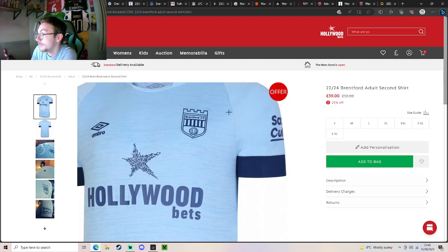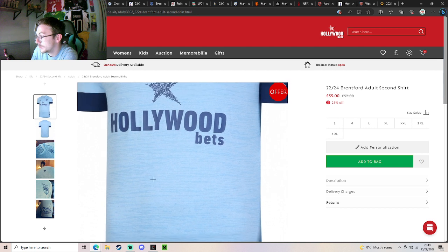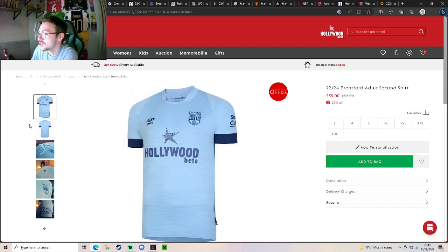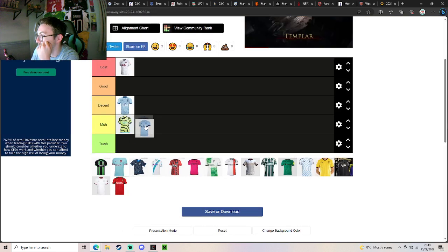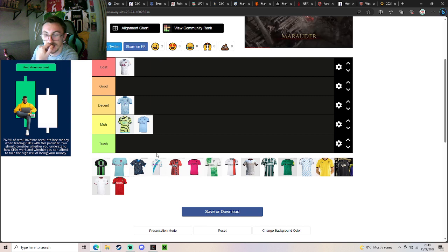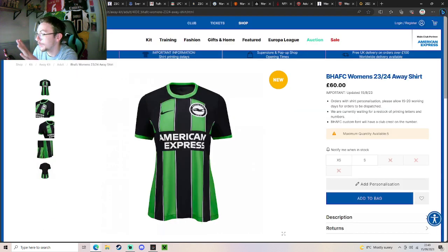So yeah, maybe even four, potentially. I do like the little patterns here, they're nice, but yeah, it's just not got something for me that stands out as much as the rest. So that is going to go into meh. Sorry, Brentford. Right, next one, it only allowed me the woman's kit for some reason, I don't know why, but